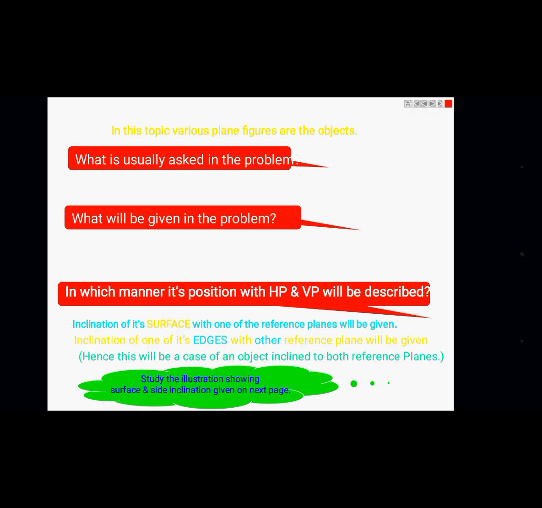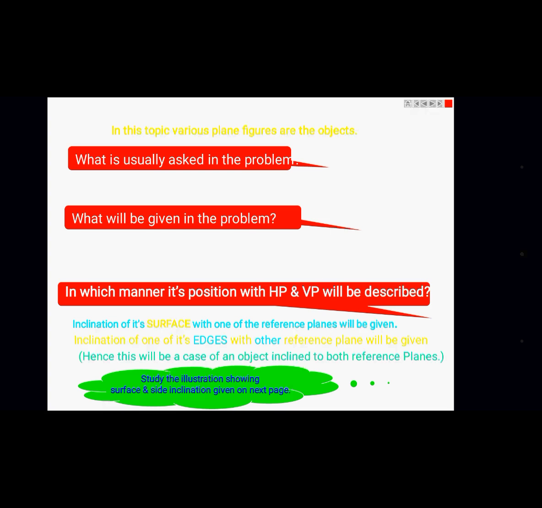And then I can subcategorize each category into three types. Type 1, general type problems. Type 2, beta angle problem, and type 3, conditional based problems. So these three types I can subcategorize in both of the above two categories. Category 1, HP resting problem, I can subcategorize into three types: type 1, general type; type 2, beta angle; and type 3, conditional types. And then again in category 2, VP resting problem, I can subcategorize into three types: general type, beta angle, and then conditional type.